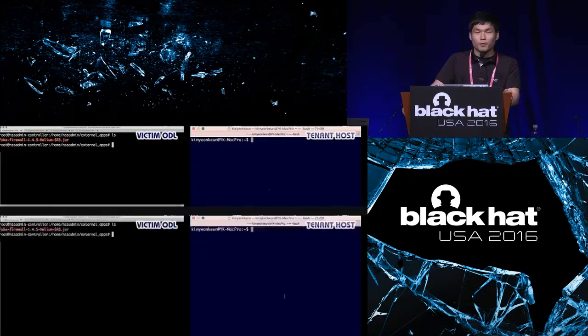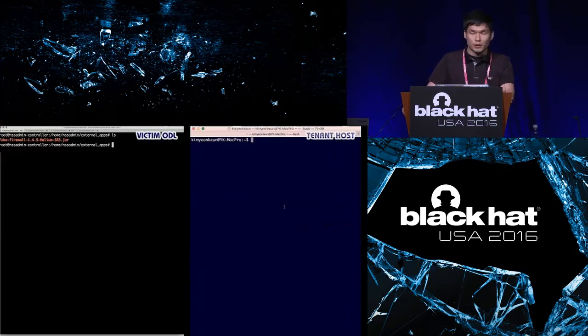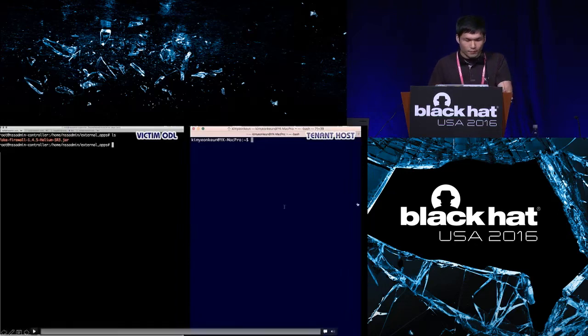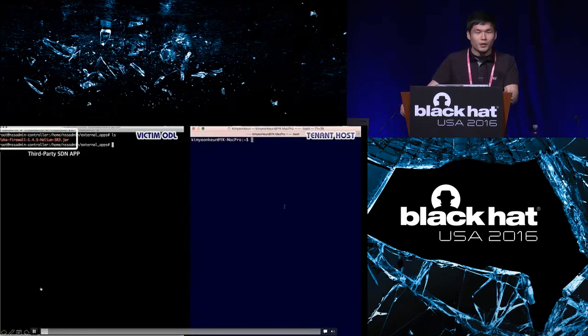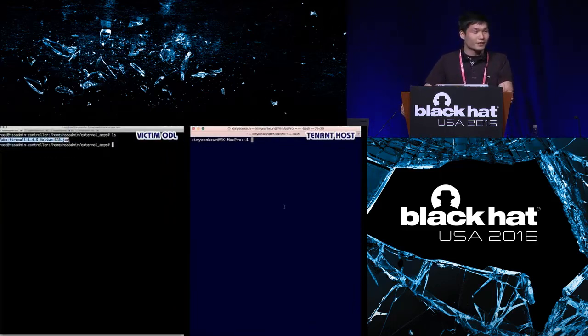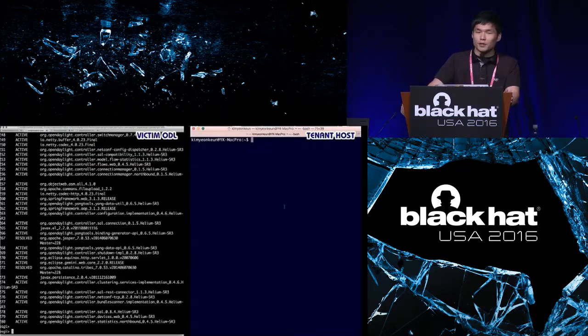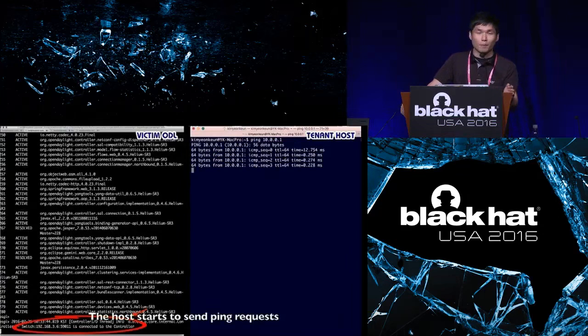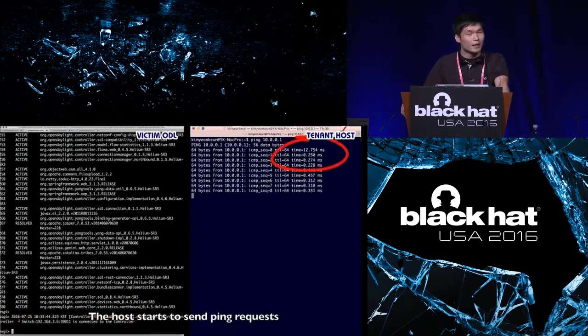As a proof of concept, we use a simple test topology that consists of 1 HP switch device and 2 network hosts. On the left, we have an OpenDaylight controller console, and on the right, we have one of the network hosts for performance measurement. Here, we also have a malicious SDN application and the other bundles running inside the controller. When the switch is connected to the controller, on the network host we perform a ping test to show the network performance before installing the malicious SDN application.